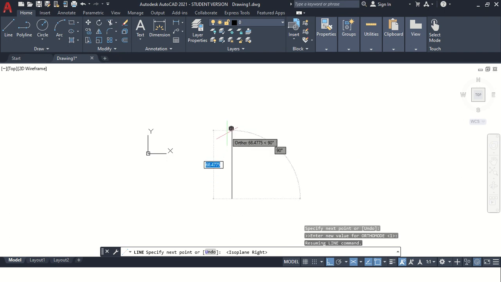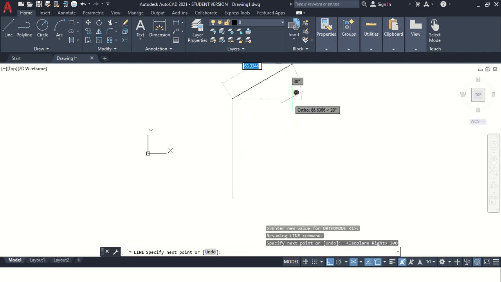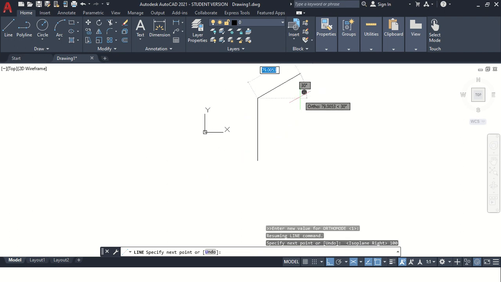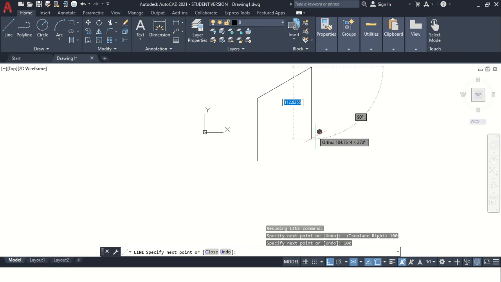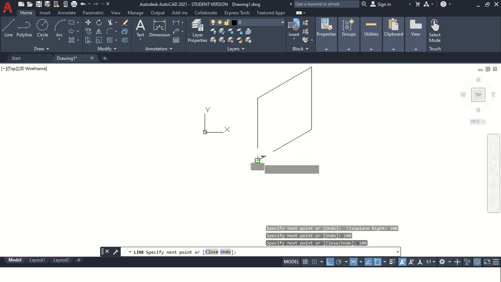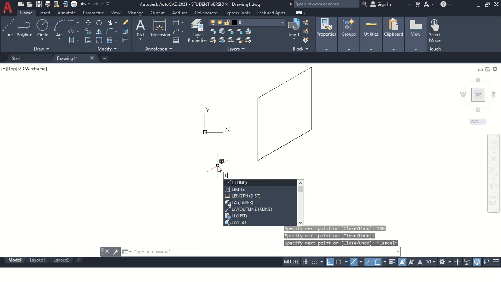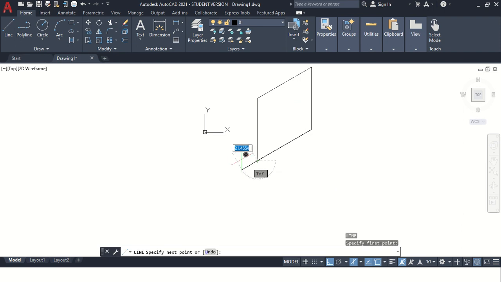You can see I can draw a vertical line. So let us draw a cube of 100 millimeter. 100 millimeter downwards, closing to it. Again, I'll enter line, starting from this point. F5, changing the plane.